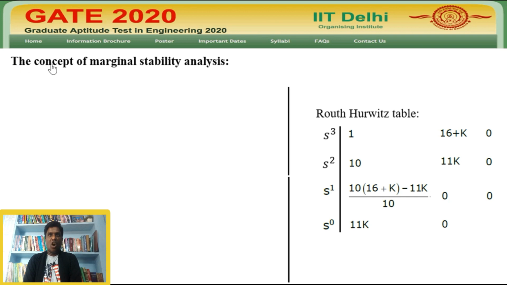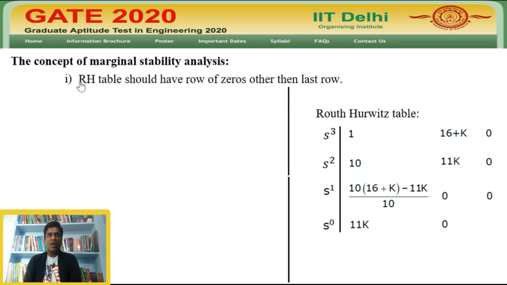Now apply the concept of marginal stability analysis on the Routh-Hurwitz table in order to find the k value. It has some conditions. The first one: the Routh-Hurwitz table should have a row of zeros other than the last row, which means the first column has to equate to zero except the last row. In that, the S power 1 row and first position of the equation contains the k terms, so it must